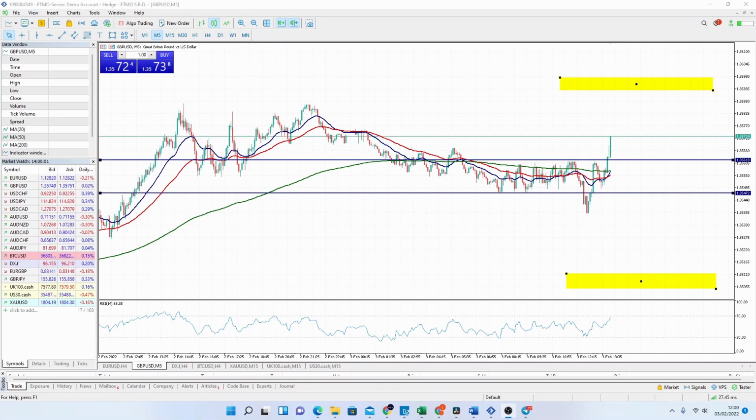So there we have it, the news is out and there's a massive spike higher in the actual value of the pound. And that's obviously what we probably would have expected. If interest rates come out higher, price would dramatically surge up. And we've seen that, literally 50, 60 pips within a matter of minutes. Now you can imagine if you're in a buy position right now, the huge profits that could have come out because of that.